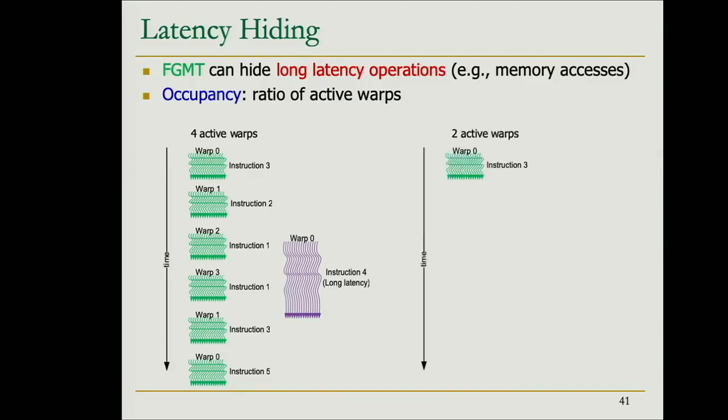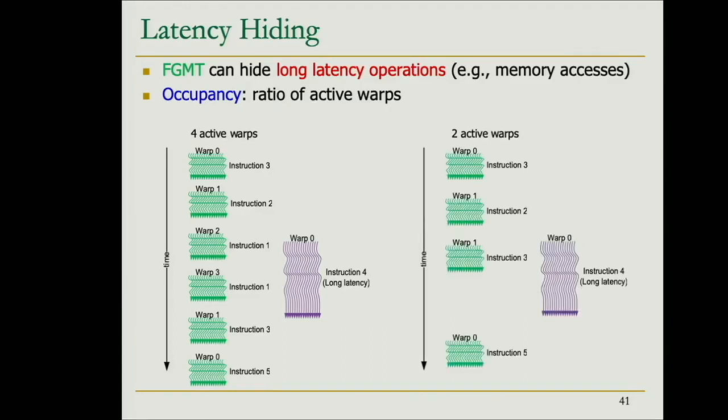What might happen if we only have 2 active warps in this toy architecture is that at some point we have instruction 4, and in the beginning we can continue with the execution of instruction 3 for warp 1, but then instruction 1 also needs to access memory, so we will have a gap that we cannot hide. That's why it's important to have enough instructions ready for execution, because this way we can hide the long latencies. The problem here is that